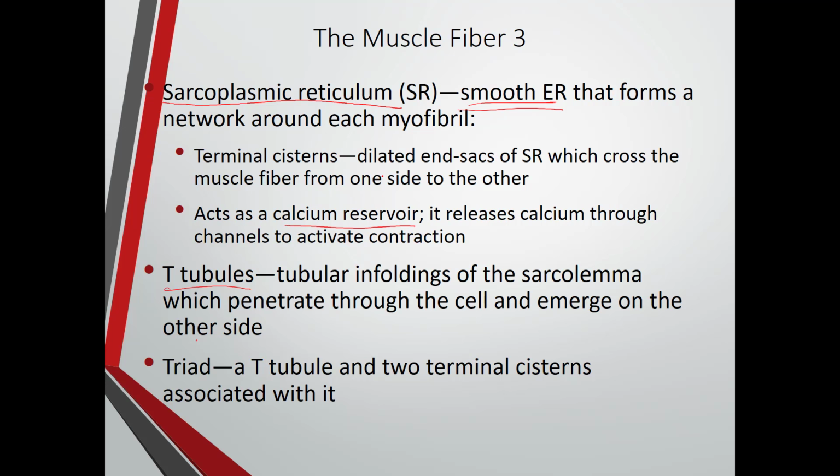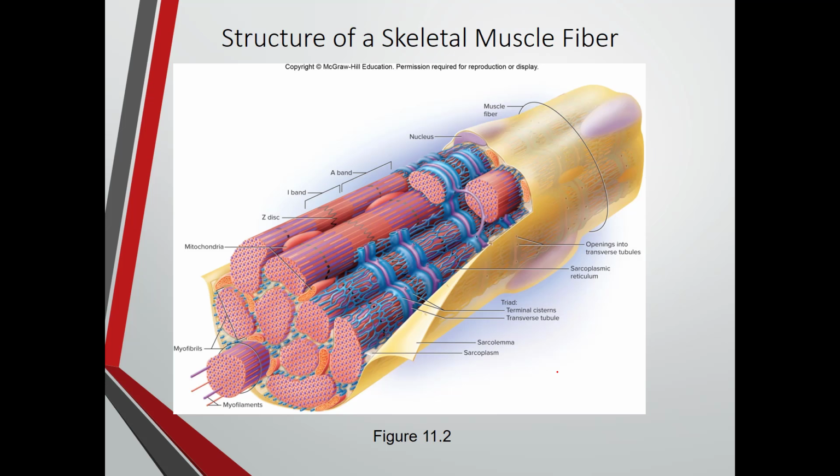So there are also terminal cisternae of the sarcoplasmic reticulum. These are dilated end sacs of the sarcoplasmic reticulum, which cross the muscle fiber from one side to the other, and there's a triad, basically, of a T tubule and two terminal cisternae that are associated with it. And you'll see that triad when you look at the picture of this. So here's your